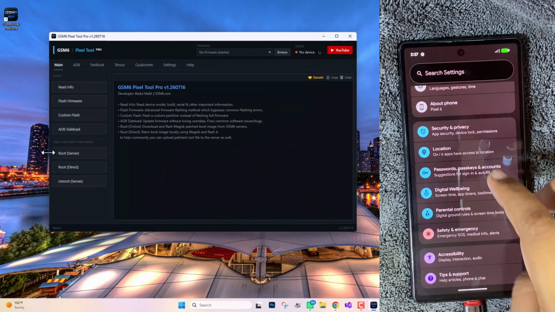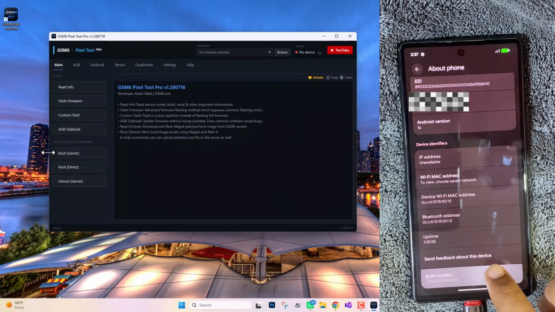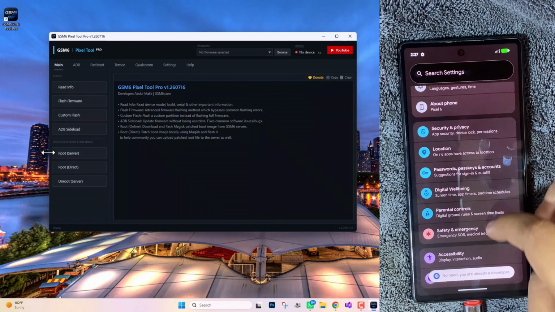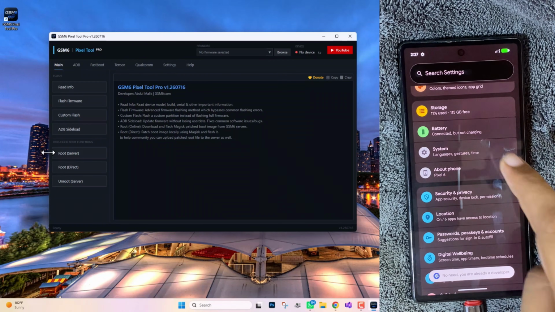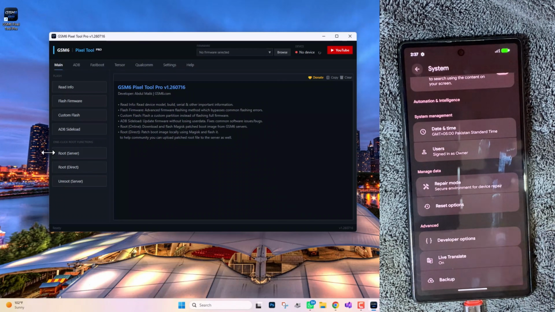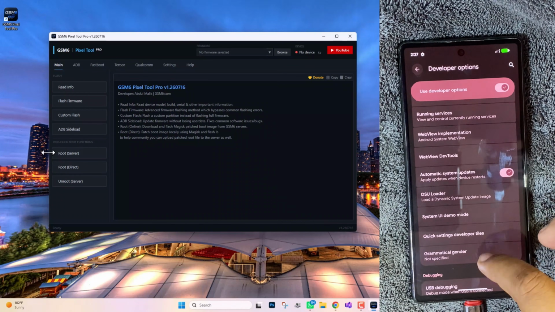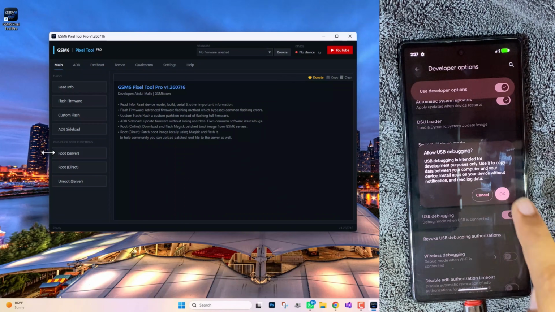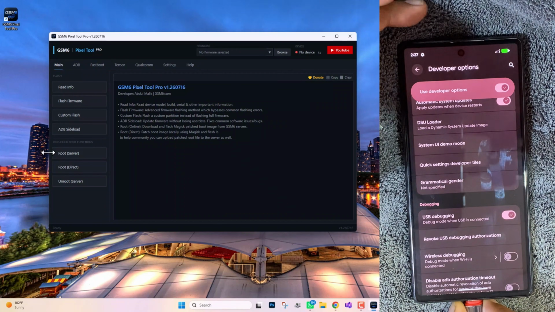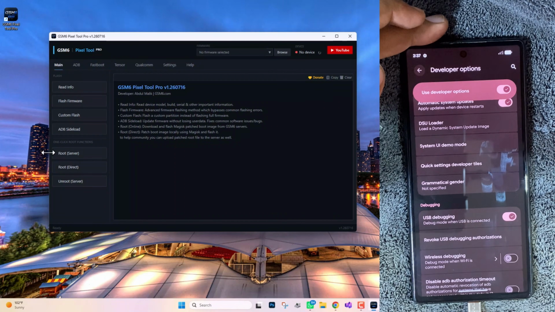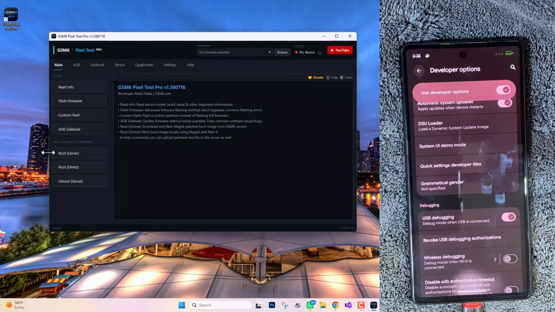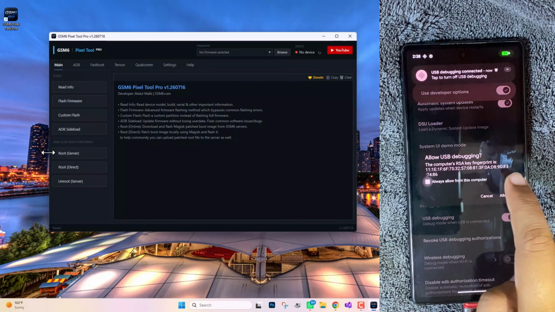Connect your phone in ADB mode. Go to Settings, About, and then tap 7 times on the build number. It will enable developer options. Go to the developer options and enable OEM unlocking and USB debugging. Connect to the computer by using a good quality data cable, and allow ADB permissions when it displays a pop-up